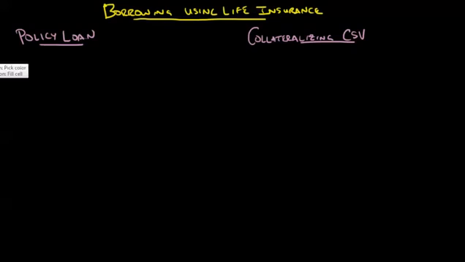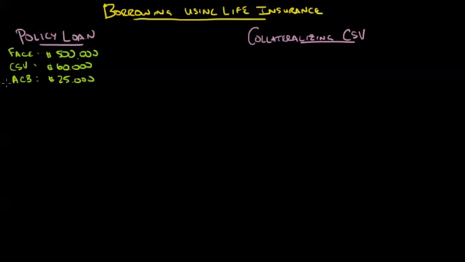So the policy loan. Let's assume, as we've seen in previous presentations, that we have a policy with the following characteristics. We'll give this policy a face value of $500,000, a cash surrender value of $60,000, and an ACB, and we haven't learned yet how to calculate ACB, but we will, of $25,000. Now you'll recall from discussions around capital gains that ACB is basically going to refer to the amount that can be borrowed without tax consequence, or the amount that can be accessed without tax consequence.